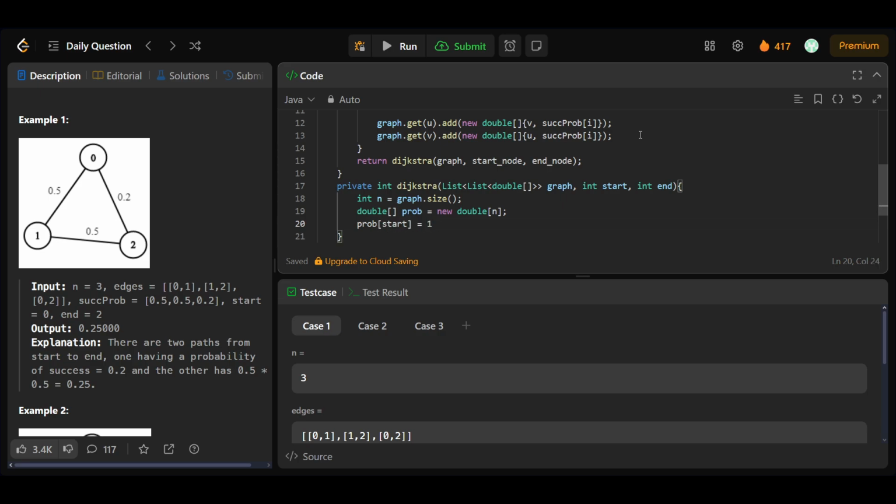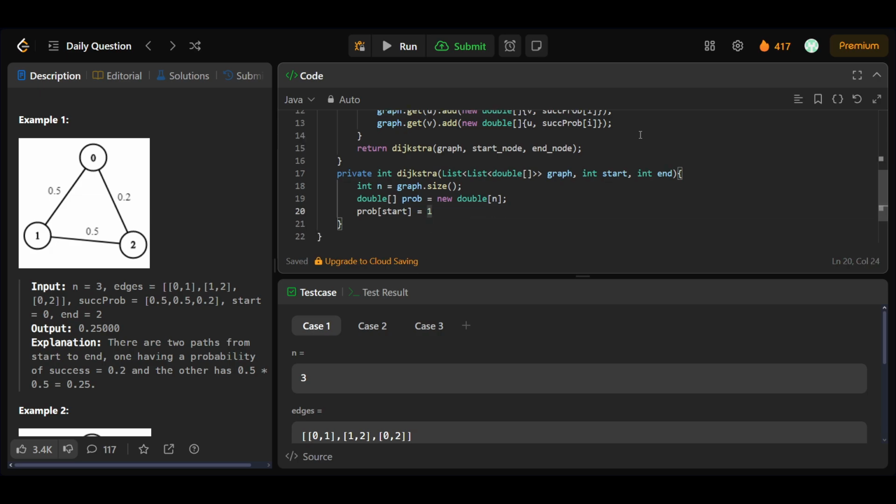Let's do it 1.0. Now, for this we need a queue as well, so let's have a queue of